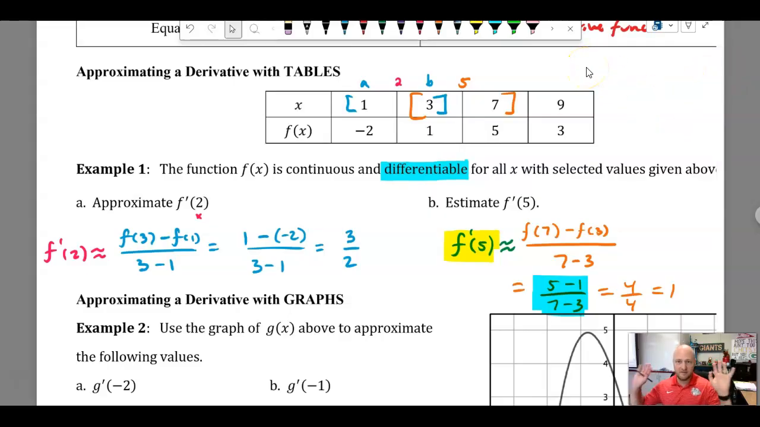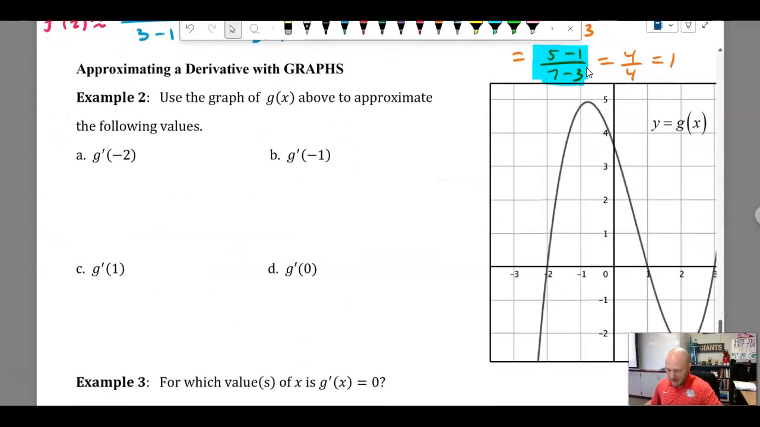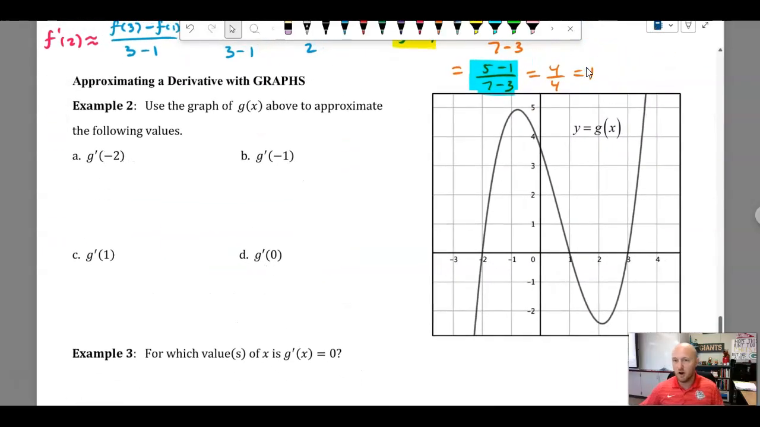All right, tables, my favorite, nice and easy. Let's go to graphs, my least favorite. Not always super nice and easy. Okay, so we're going to use a graph to approximate the following values. G prime of -2. This is the instantaneous rate of change at -2, or the slope of the tangent line